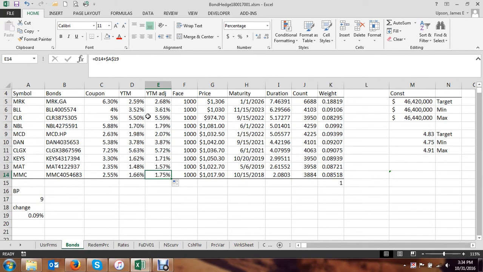And parallel shifts are normal. A typical example of a parallel shift: the Fed comes in and says we're going to bump interest rates by 25 basis points. Well, that just means that the entire curve shifts directly up by 25 basis points. Equivalently,